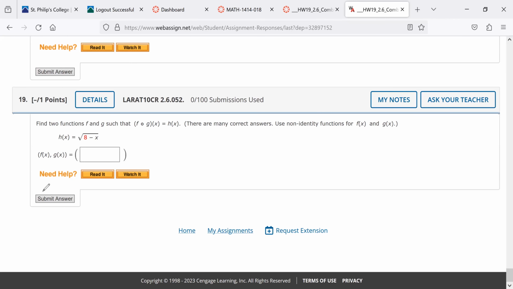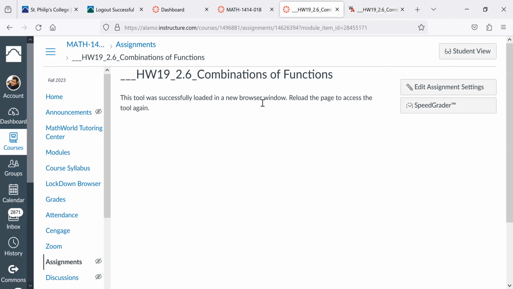Let's stick to this section 2.6. If you look at the lectures, make sure you understand the domain and range for composites. The ones for the pluses and minuses are not that complex, so